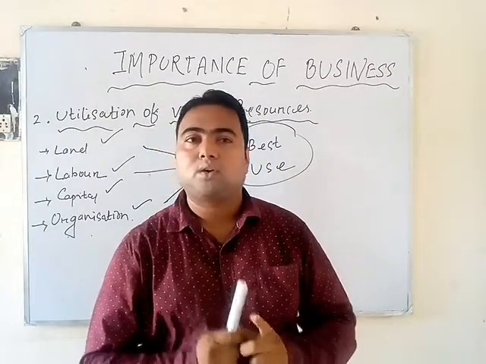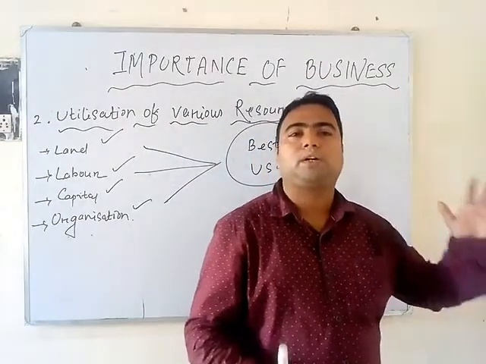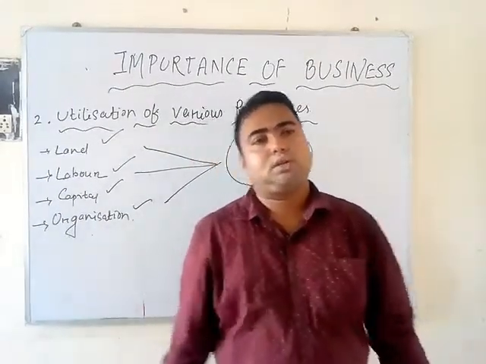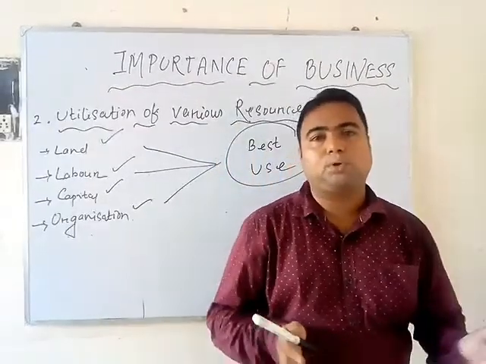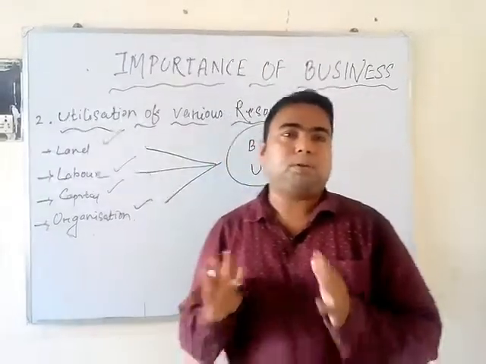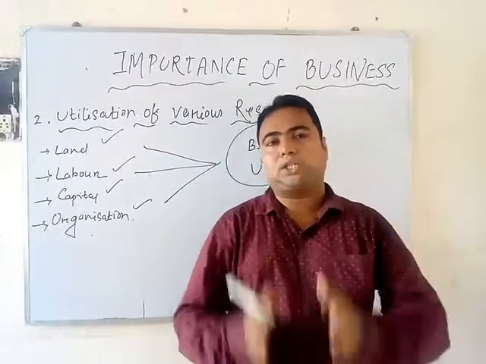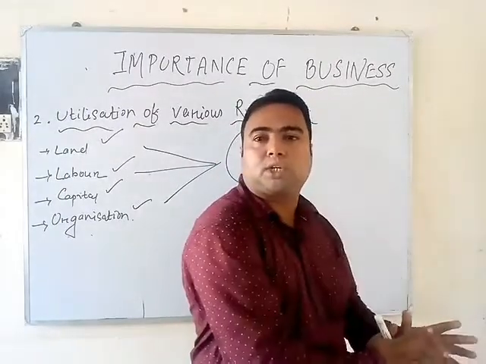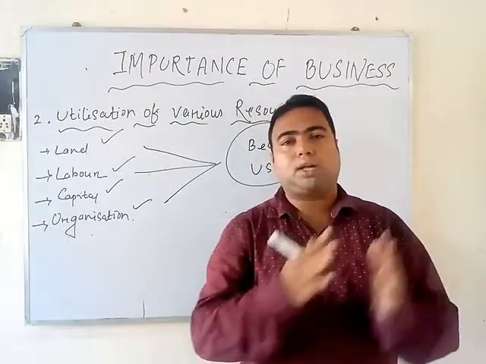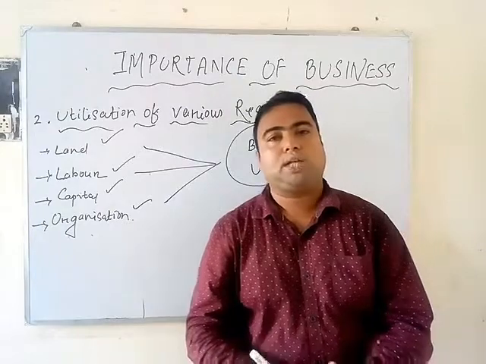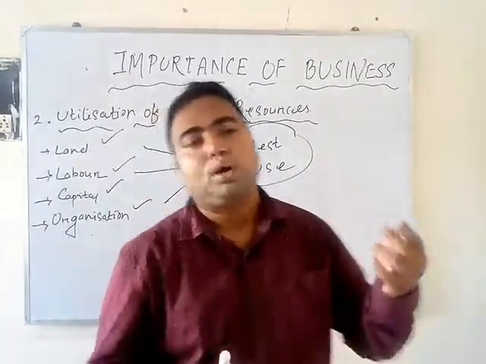Why did this situation come? Because, due to some reason, there is a quarrel between the purchase manager and the sales manager. The reverse is also possible. The reverse is also possible, because take the reverse example. If the sales manager is ready to sell the goods, the production manager is ready to produce the goods, but the purchase manager is not purchasing the raw materials in time, hence he is not able to supply the raw materials to the production manager in time, and the production manager automatically is not able to produce the desired goods